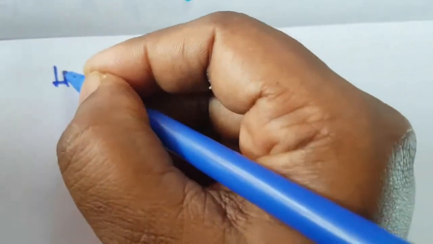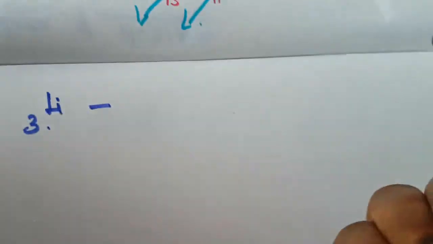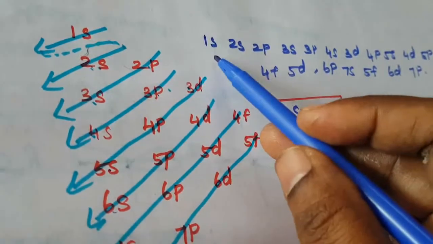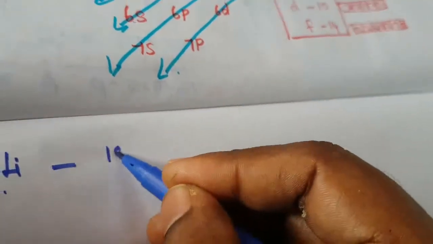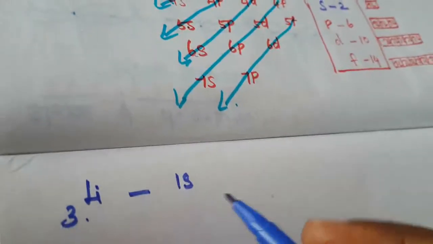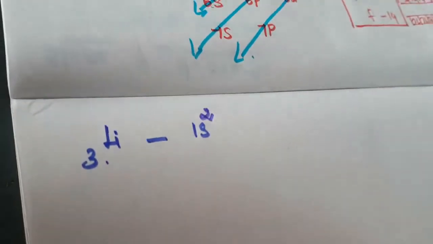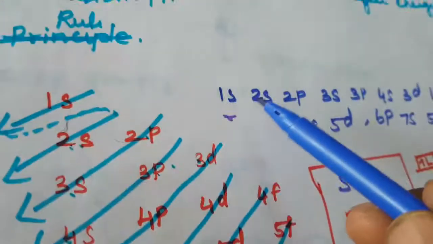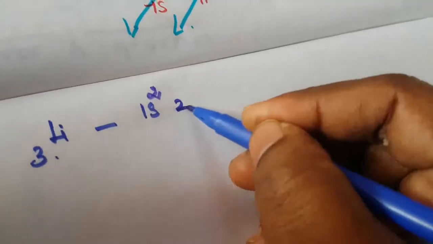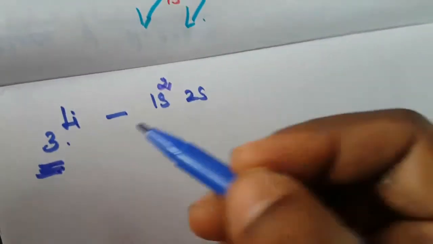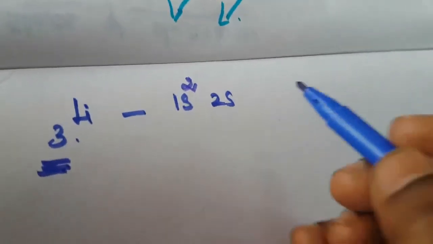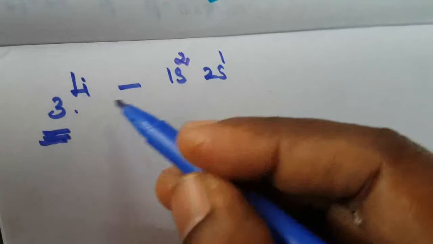First we take lithium, atomic number is 3. This is the key, the atomic number. How to write the electronic configuration? This is the way. The first orbital is 1s, I am writing here 1s. How many maximum electrons are accommodated in the s orbital? I am writing here 2. What is the second orbital? That is by the order 2s. The total number of electrons is 3, so 2 are already used. How many electrons remain? That is 1. This is the electronic configuration of lithium. So one remainder.